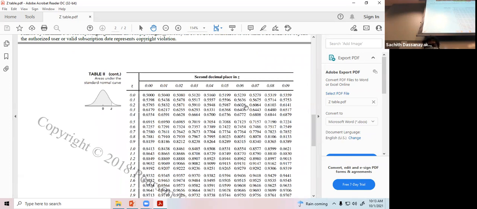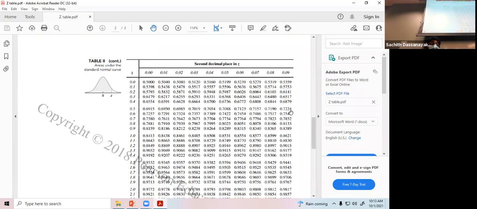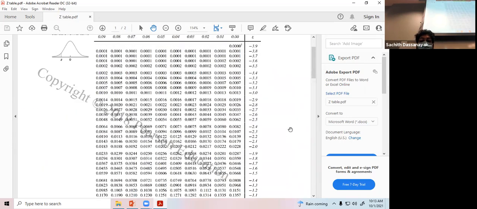Okay, there are some limitations. You cannot find a probability for a particular Z value like, let's say, 0.553. You cannot find it because the maximum you can find is for two decimals. You cannot find beyond that. But don't worry, all the values we are considering in this particular course are bounded to a maximum of 2 decimals. So no problem with that. So just check these probability values.